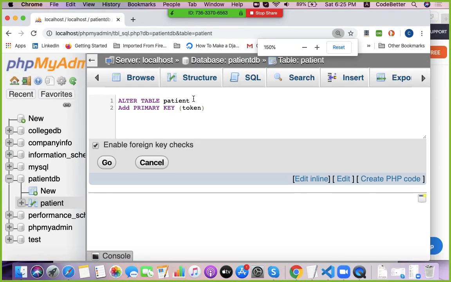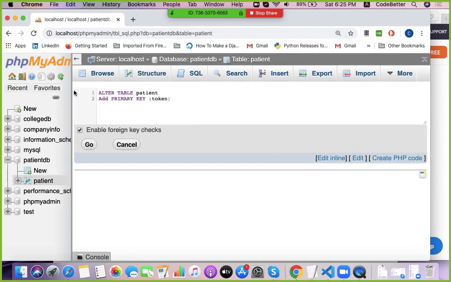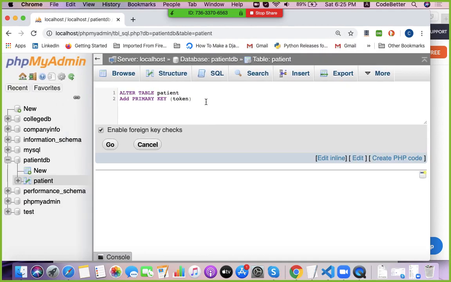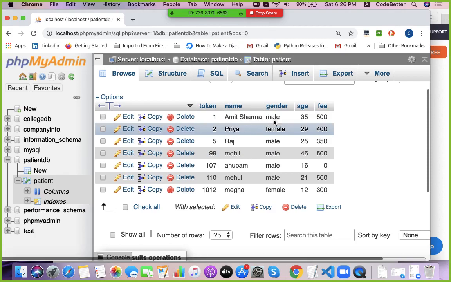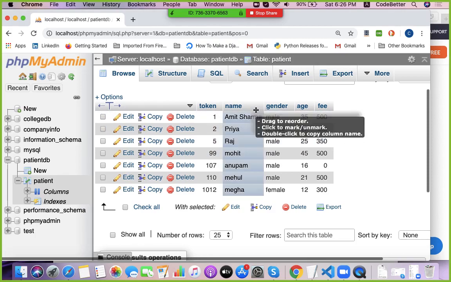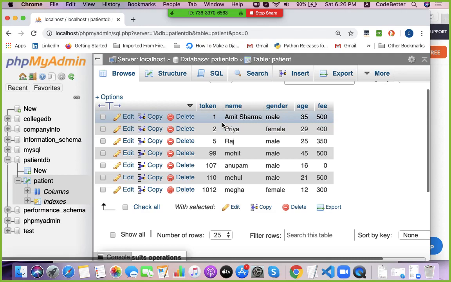Let us understand the concept of a foreign key. Foreign key applies when you have some more data, extra data about the primary data. For example, here it is a patient. Patients may visit multiple times at the clinic. After the first visit, the patient may take a second visit, then a third visit, like this. So I want to keep track of patient visits.